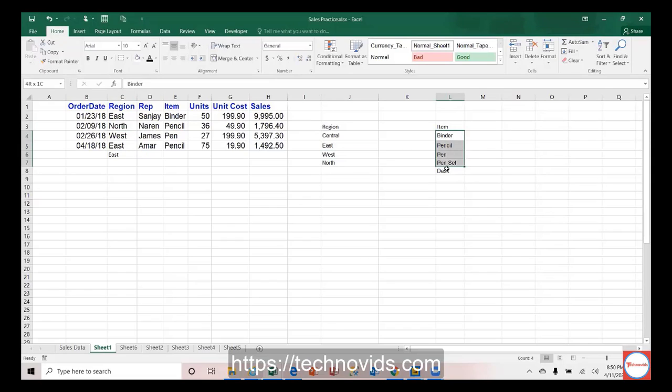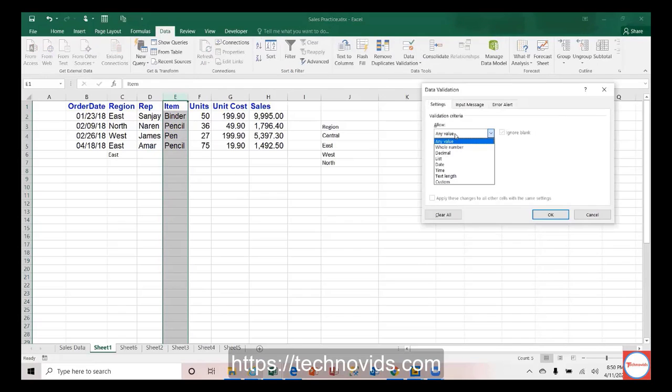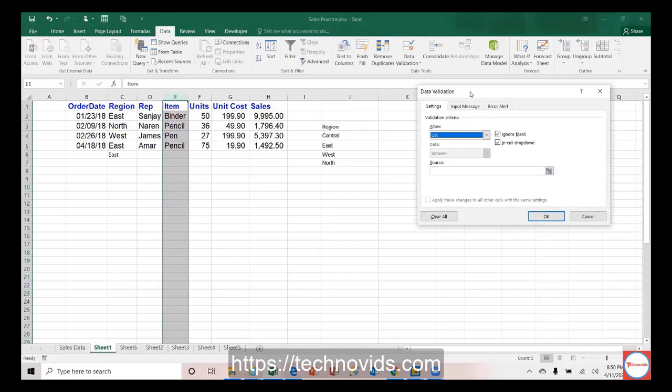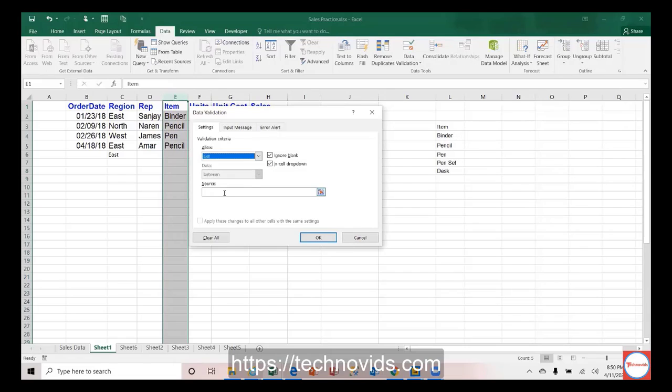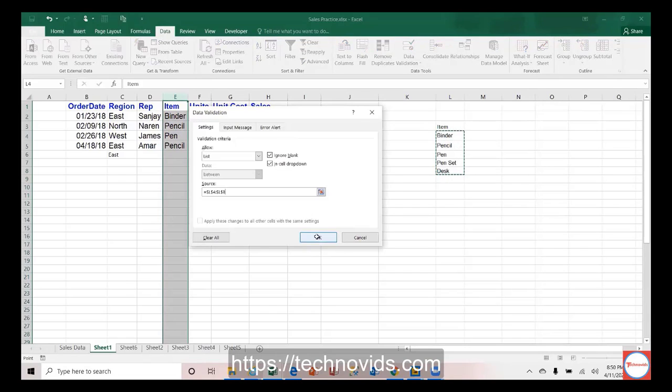And let me apply the same kind of validation to the item cells. In the same way, you come to Data and Data Validation. Under data validation, instead of any value, you pick a list. And where is my source? The source is here, from this point. So the source is these items, and click OK.